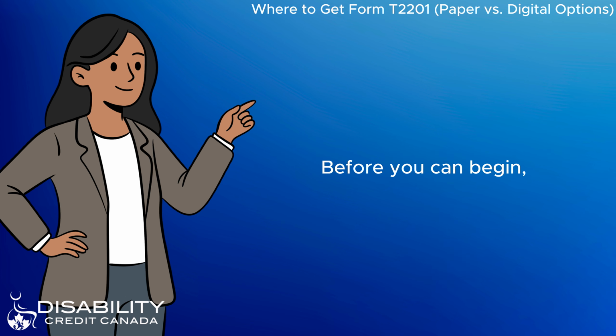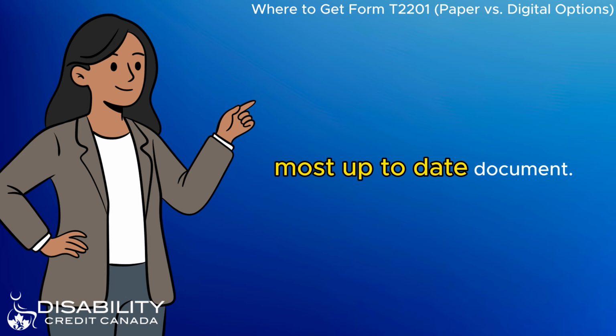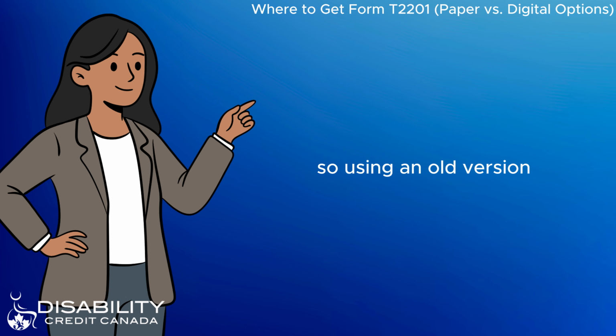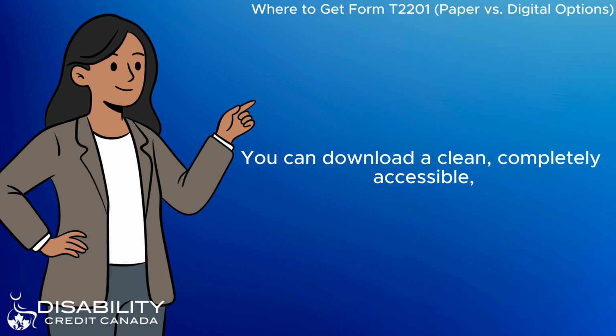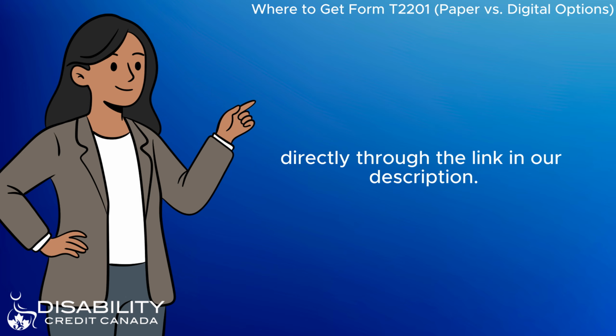Before you can begin, you need to make sure you have the correct, most up-to-date document. The CRA frequently alters the formatting and technical language of their forms, so using an old version can result in your application being rejected on arrival. You can download a clean, completely accessible, print-ready PDF copy of the most recent Form T2201 directly through the link